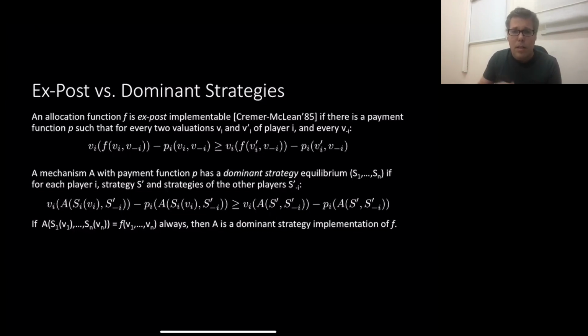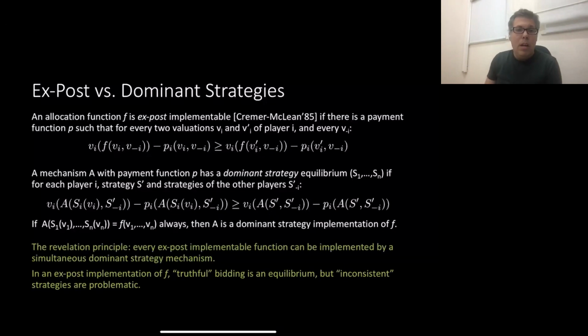If we have some dominant strategy equilibrium, S1 to Sn, then that naturally defines some outcome, F, some allocation function, who gets what, and then we say that A is a dominant strategy implementation of F. Okay? So,